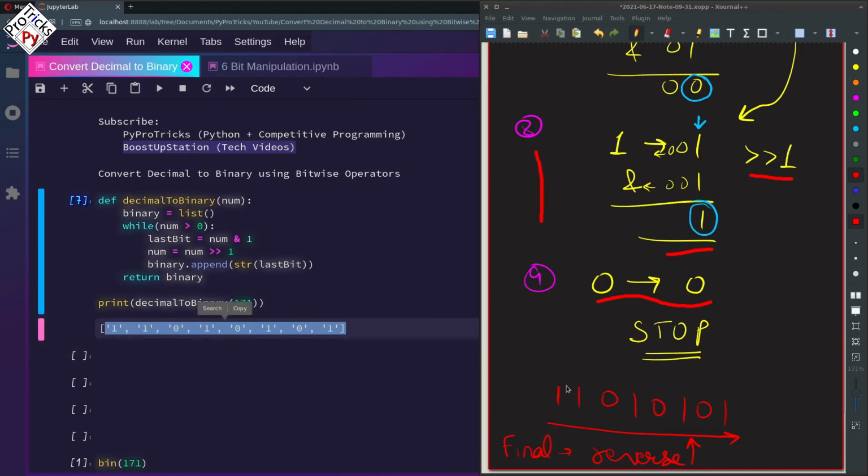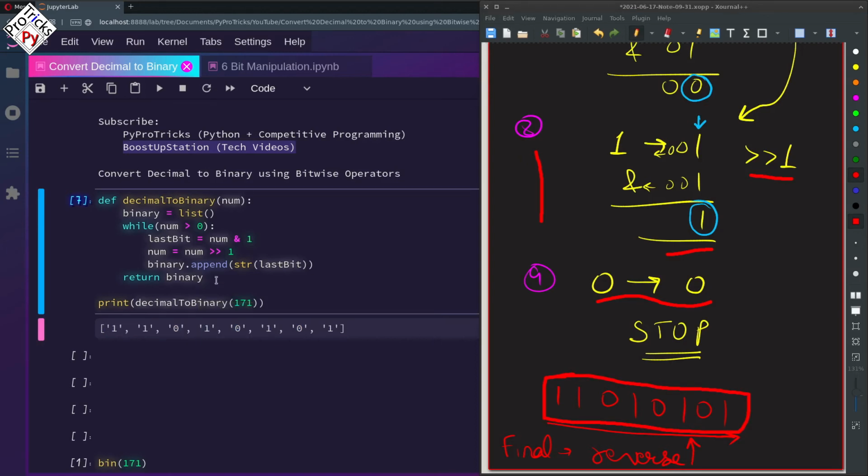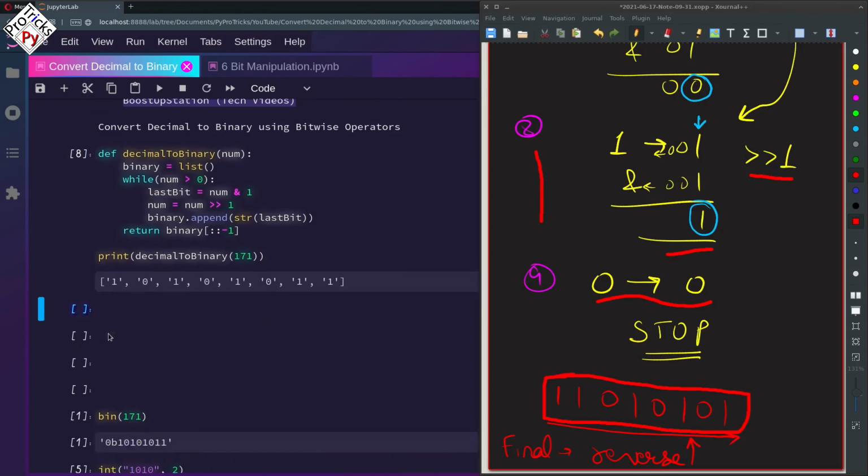and you can see that we have the answer like this: 11010101, the one we got right here. So this is in the reverse order. And what if we reverse the list? So reversing the list is done using this way: slicing. This is the starting position, this is the ending position, and this is the way we proceed. If it is a negative number, then we are going from last to the first position. So now if we execute it, you can see that we got the binary of 171. Here it is, you can match it.